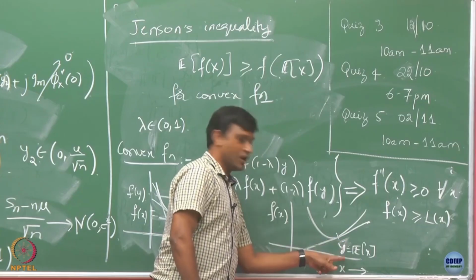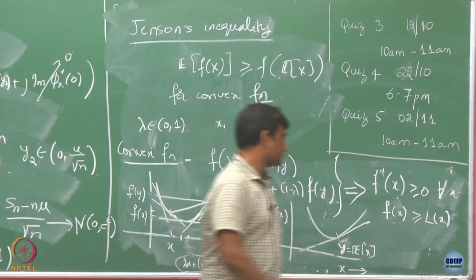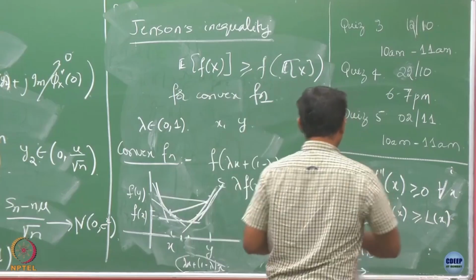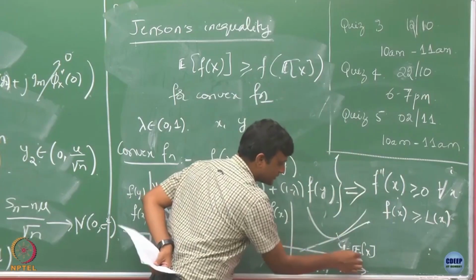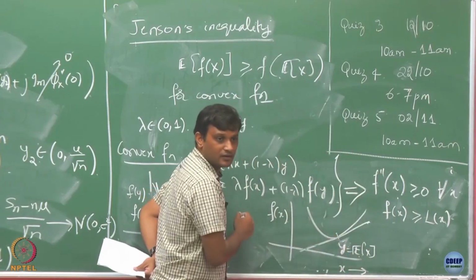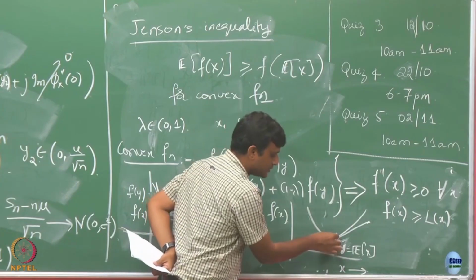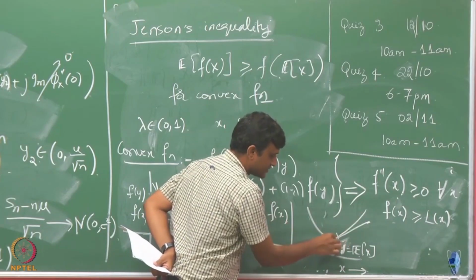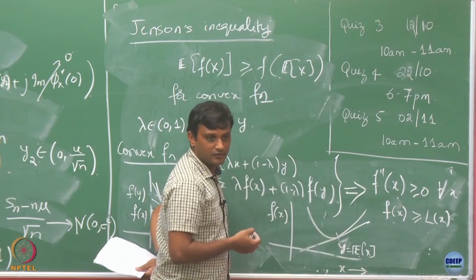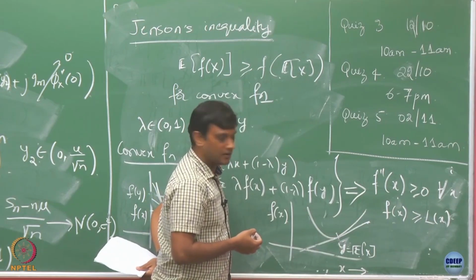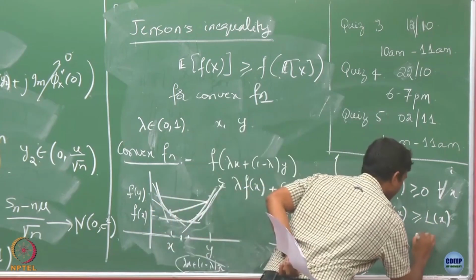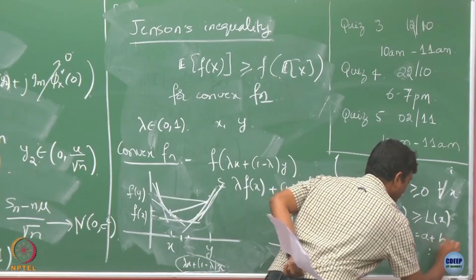So let us take that point to be f y here, and on this point we know that this function and this function both have the same value, right. So what is this L of x? Then it will have its own slope and it will be like this,